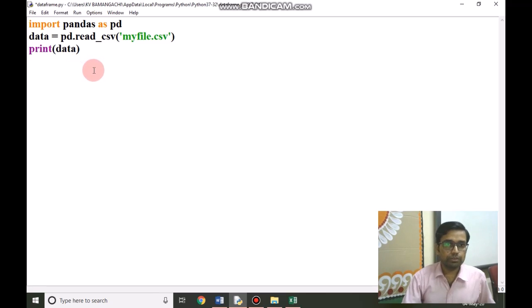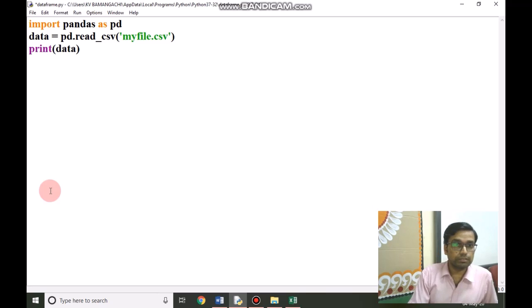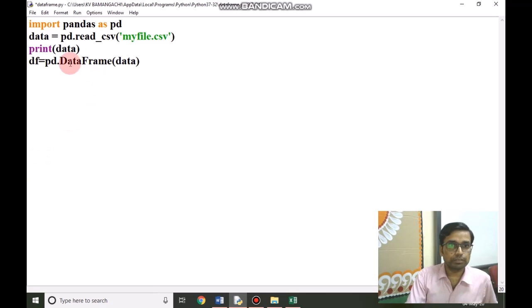We can also see the variation in data frames. If we use just a data frame, df equal to pd dot DataFrame of data, as we have received the data from myfile.csv and now we are converting it to a data frame.